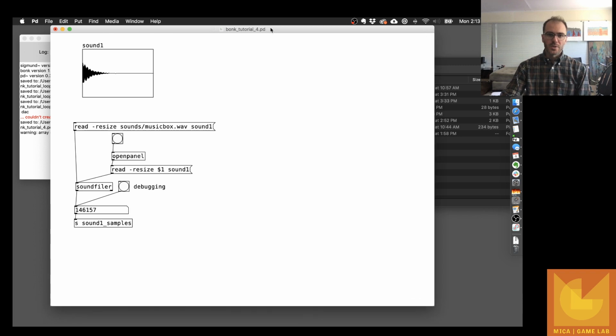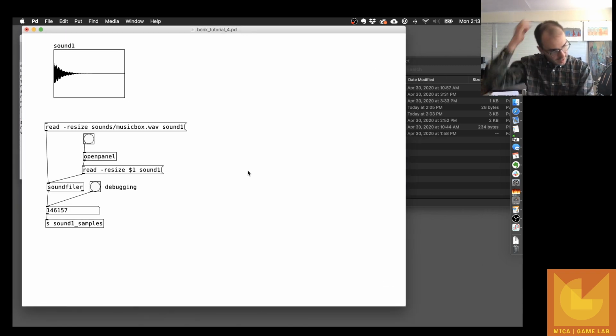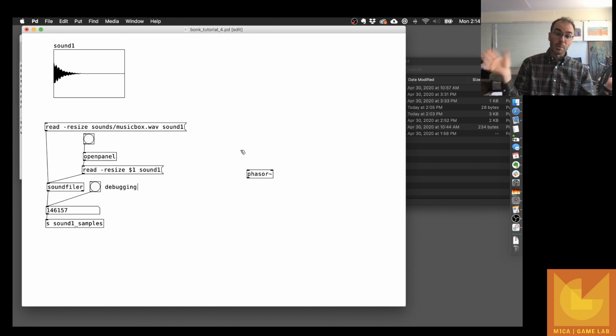So now let's make a really simple looper. The object that we'll use for looping is called phasor. Phasor is actually a wave. If you play it fast enough, it's a synthesizer and can sound like a synth. But it's basically what's called a triangle wave, so it ramps up, or a sawtooth wave. It's not a triangle wave at all. It's a sawtooth wave. It goes from 0 up to 1, and then it drops back down